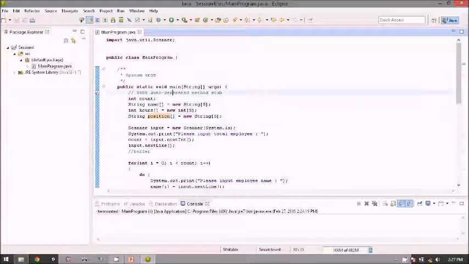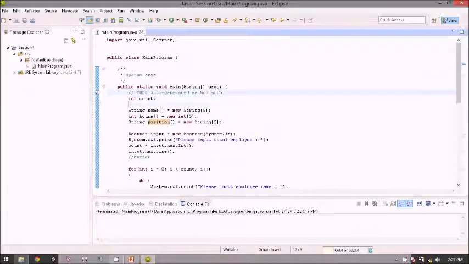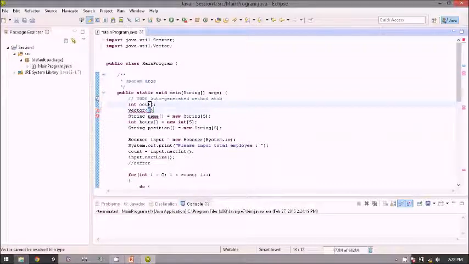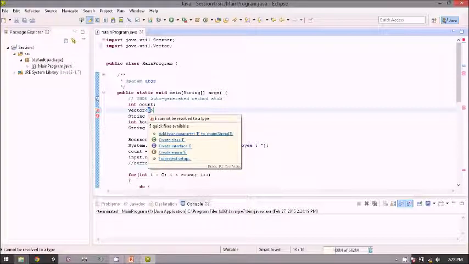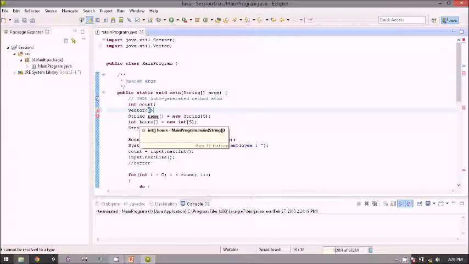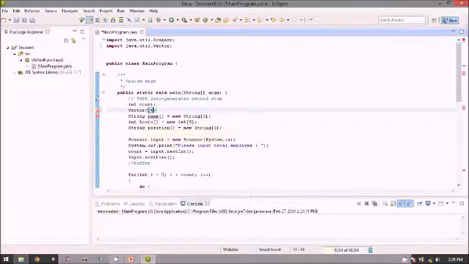Let's change the name into a vector. So how do you write a vector? Just write vector like this and then type Control Space. So Eclipse will import java.util.Vector, and then you get an E, a big E in here. So what does the E mean? The E means what data type you want to use in this vector. So because we want to store the name, we need to use a String.